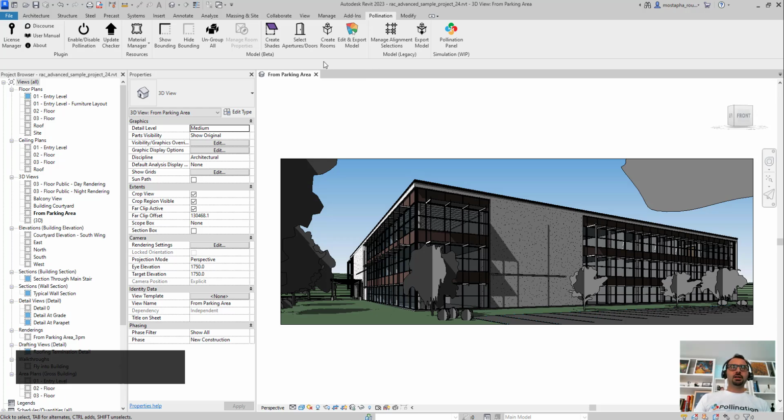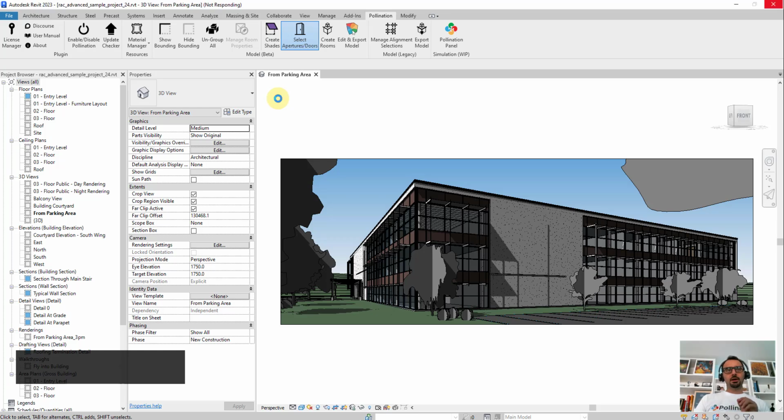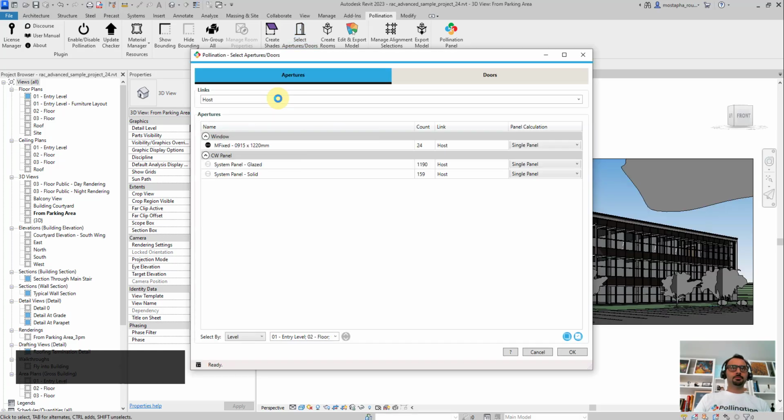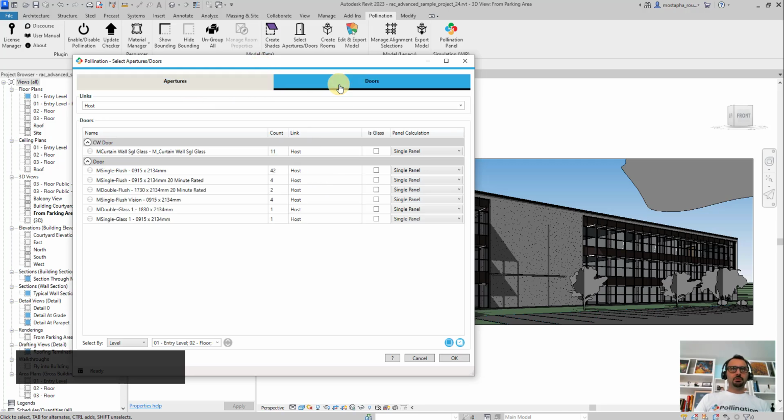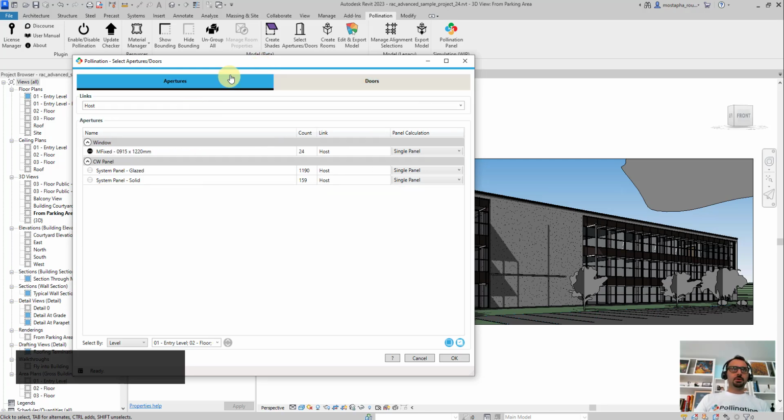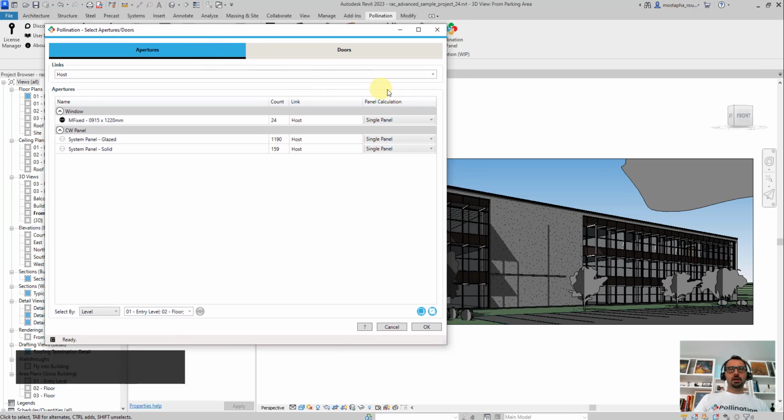So what has changed here is you have these 4 buttons for creating shades, selecting apertures and doors, creating rooms, and edit and export model. The place that I'm going to start is select apertures doors. This is technically step 2 and 3 of the older workflow. Now they come together, in the same UI, so the apertures are here, doors are here. You can switch between the two,